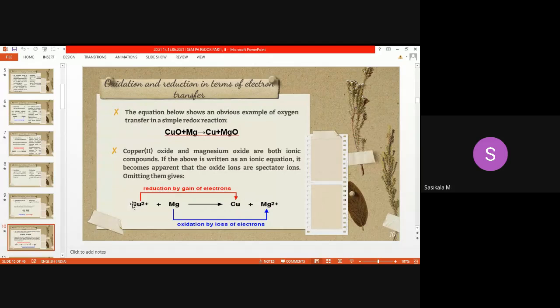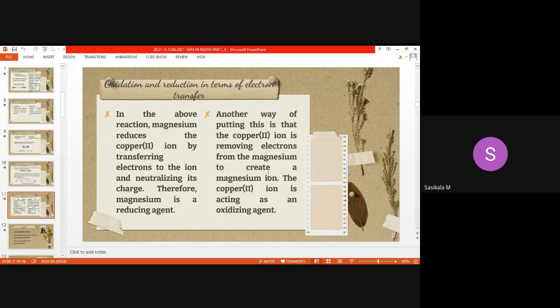Okay, so ionic valency represents that it is in oxidized condition. The neutral atom here represents it is in reduced condition. So it is able to donate electrons, whereas the other is able to accept electrons. So loss of electron can be taken place by what? Reducing agent, and gain of electron can be taken place by oxidizing agent. So here copper is the oxidizing agent, magnesium is the reducing agent. That's what here in words I have given.